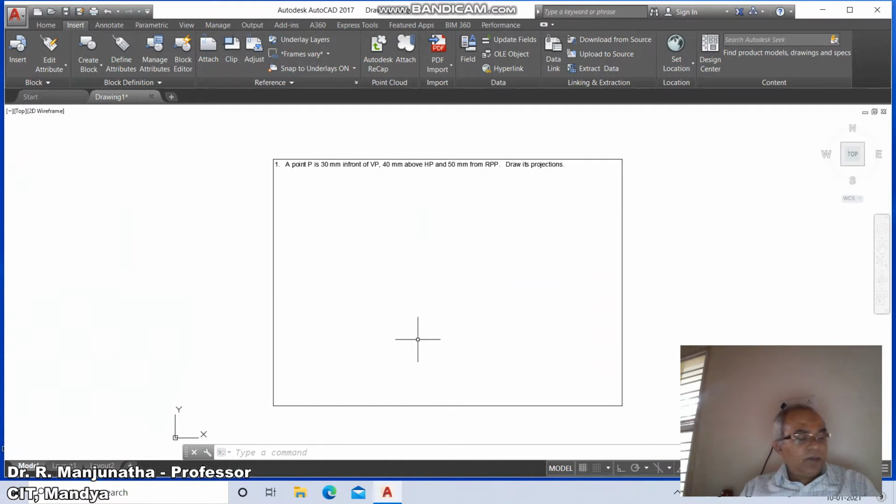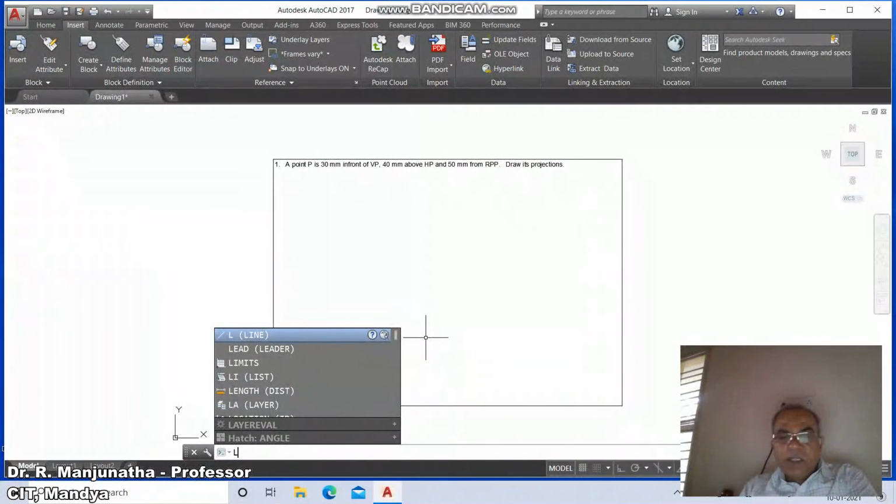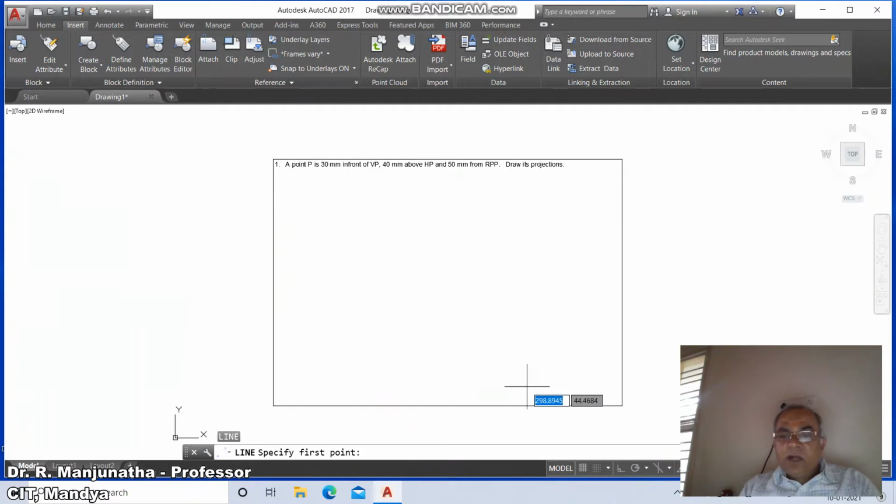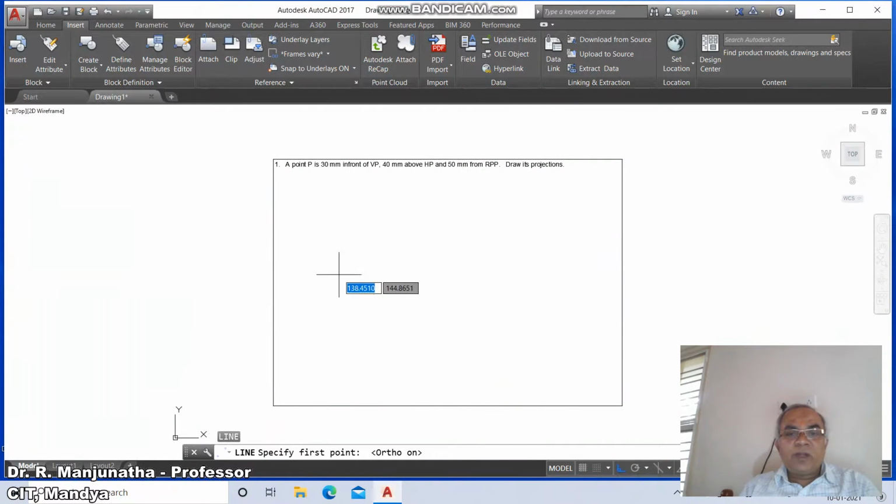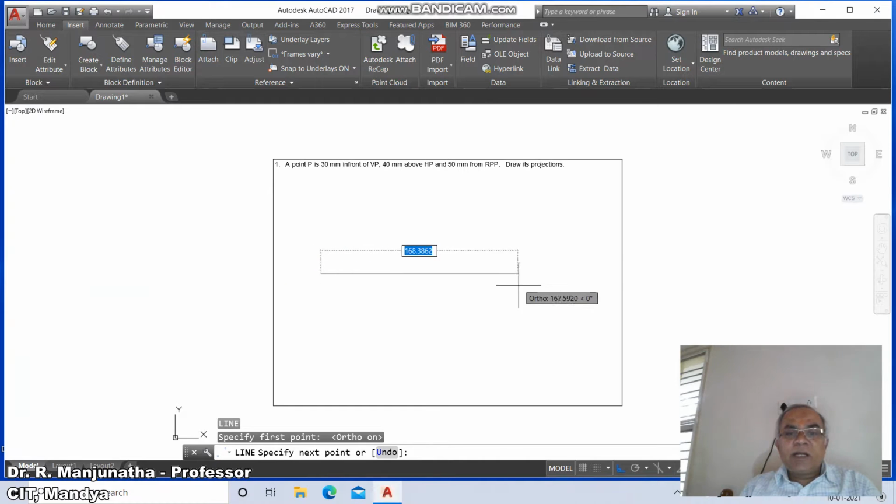Then first we are going to draw the horizontal line. Now the solution is with us. So first we need to draw the XY line, which is line, enter. I will switch on the ortho mode, so that I will have a horizontal and vertical line. Take any point anywhere within the boundary of this rectangle, click the first button of the mouse and drag it, take any arbitrary point, and from there pick one more point in the horizontal direction.